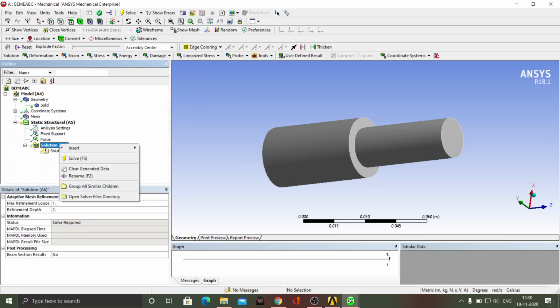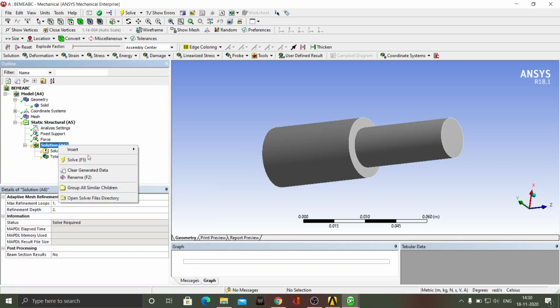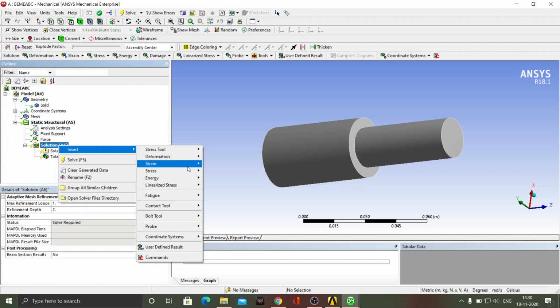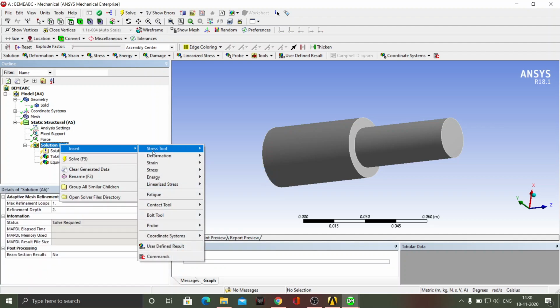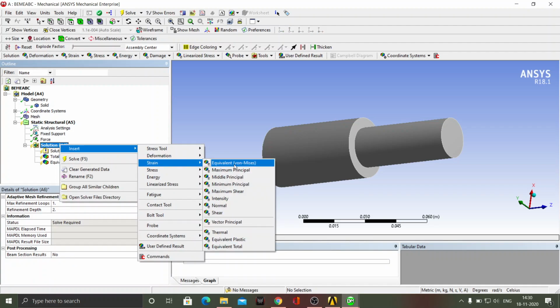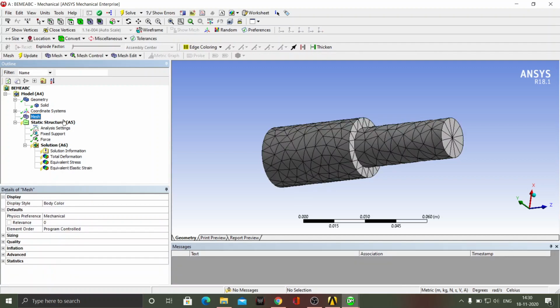Next we want to find out the solution of total deformation, then stress, equivalent von Mises stress, and strain, again equivalent von Mises. So we will add all those solutions which are required in the solution tab, and we also want the image of the mesh and the solution.